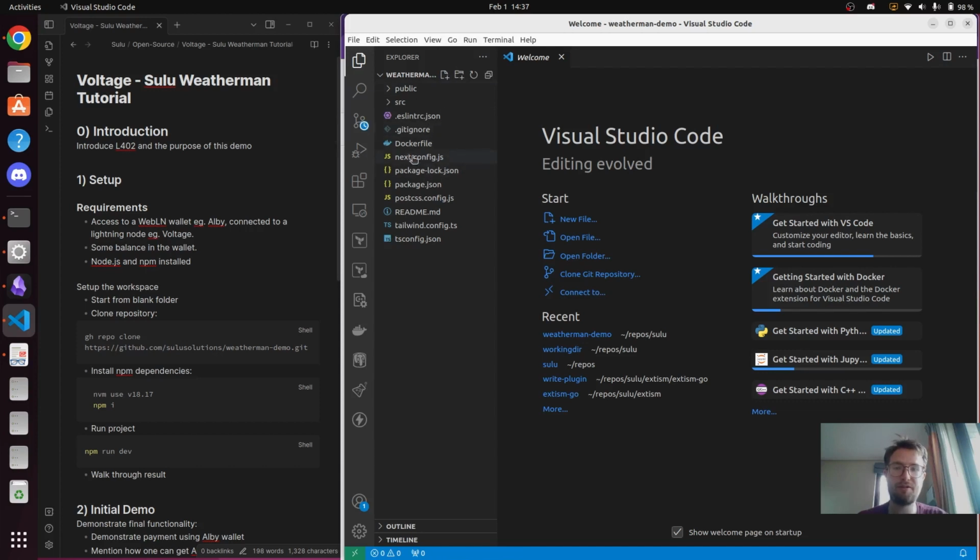So we can explore the repository a little. As you can see, this is a Next.js application, although it has been kept very simple so as not to confuse users. We're using Tailwind CSS for the styling, and that's pretty much it. It's a very simple application. If I go into the source and I look at the pages, we see that there's only one page,